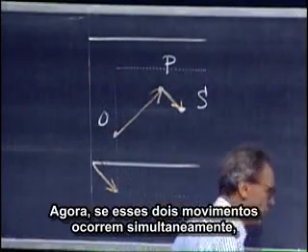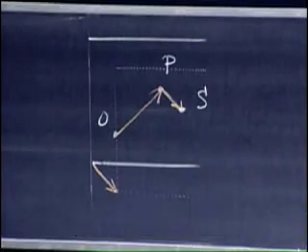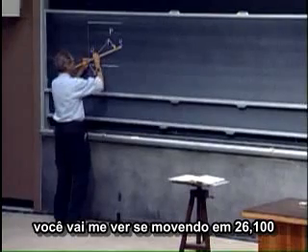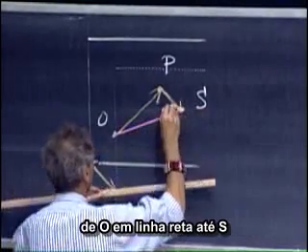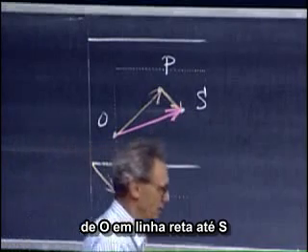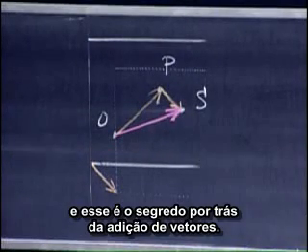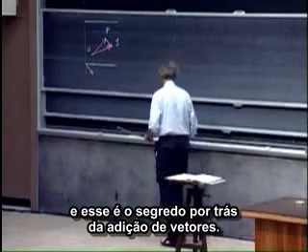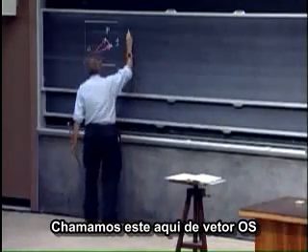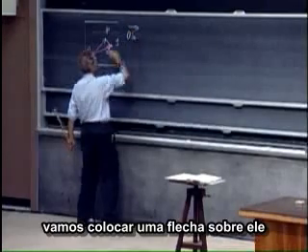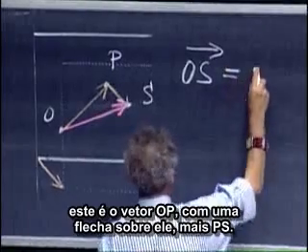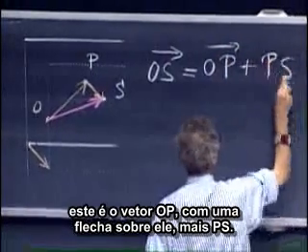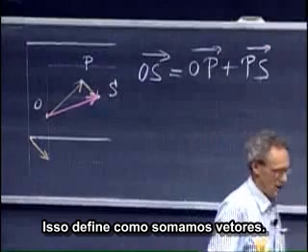Now, if these two motions take place simultaneously, then what you will see from where you're sitting is me moving in 26.100 from O in a straight line to S. And this holds the secret behind the adding of vectors. We say here that the vector OS, we put an arrow over it, is the vector OP plus PS. This defines how we